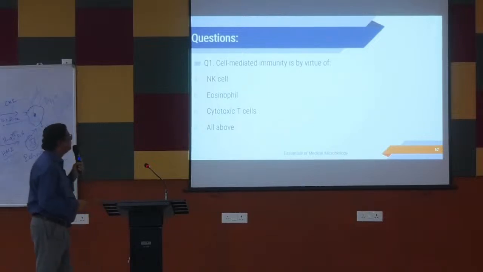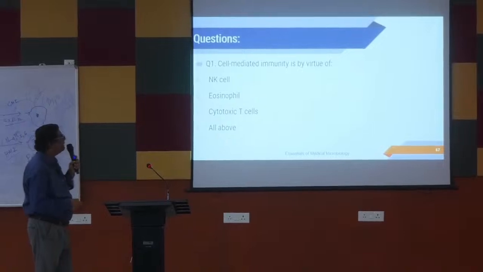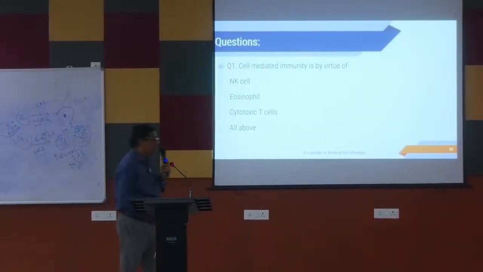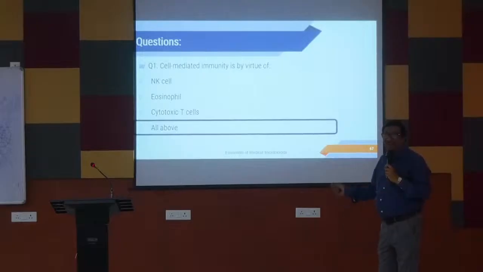সেল মিডিয়েটেড ইমিউনিটি ইজ বাই ভার্চু অফ NK সেল, ইওসিনোফিল, সাইটোটক্সিক TC সেল, অল অফ দ্য অ্যাবাভ। কারা কারা পার্টিসিপেট করে সেল মিডিয়েটেড ইমিউনিটিতে? সবাই তো আছে এর মধ্যে। এর মধ্যে NK সেল করতে পারে, ইওসিনোফিল আসছে, এই যে এক ছবিতে রয়েছে ইওসিনোফিল, CMI ইওসিনোফিল হ্যান্ড ইন হ্যান্ড যেতেই পারে, সাইটোটক্সিক টি সেলও থাকতে পারে, সবাই মিলে করে। সো অল অফ দ্য অ্যাবাভ।